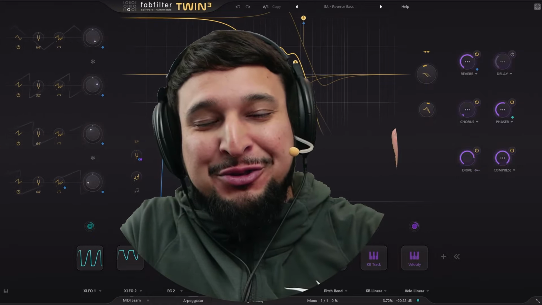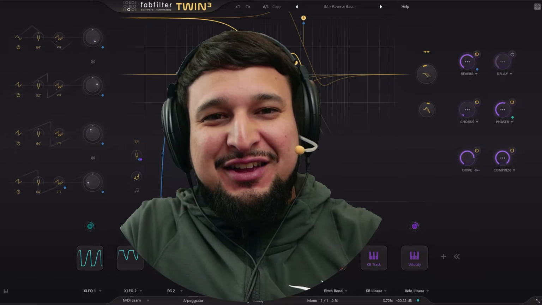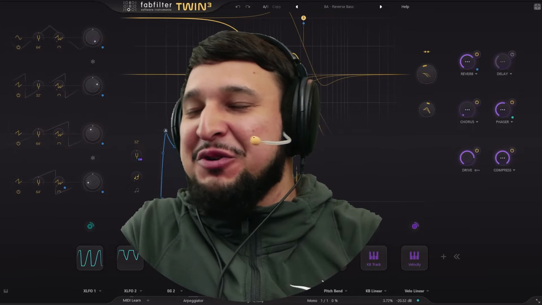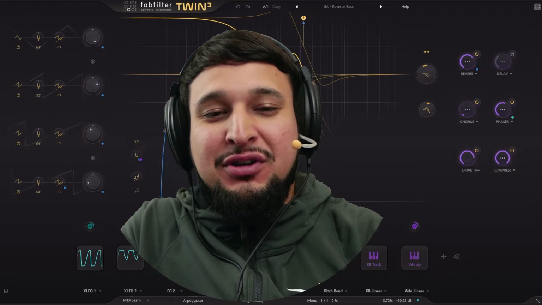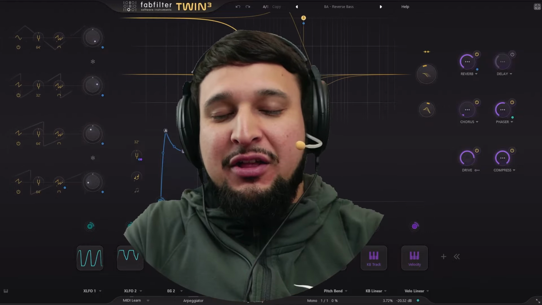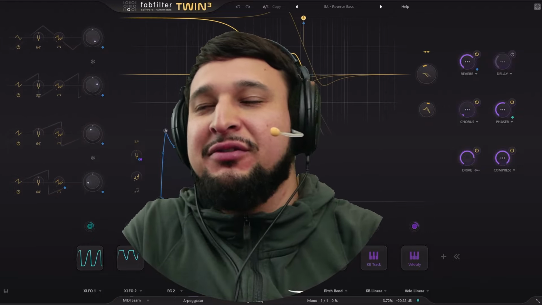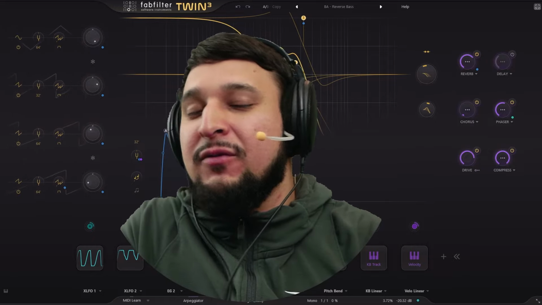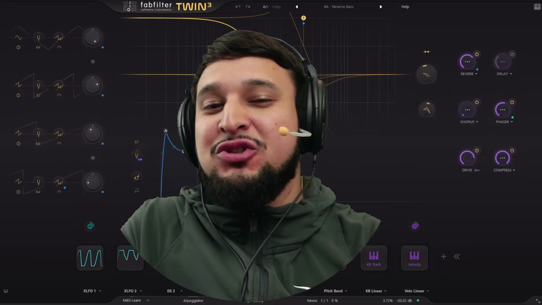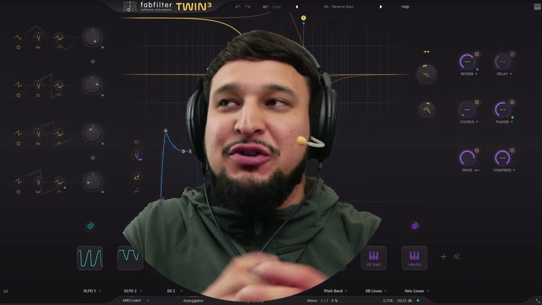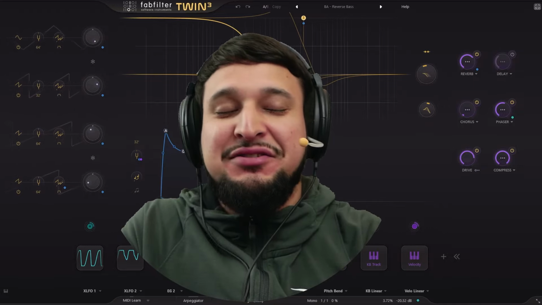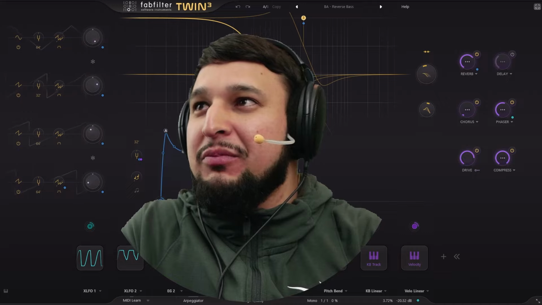How am I blanking out on this? A feature bass one and an acid track. So there's quite a bit of variation on it. It's all electronic, however, the tones and the timbres are vastly different from one track to another. So it shows how versatile Twin 3 is as a synthesizer, and also